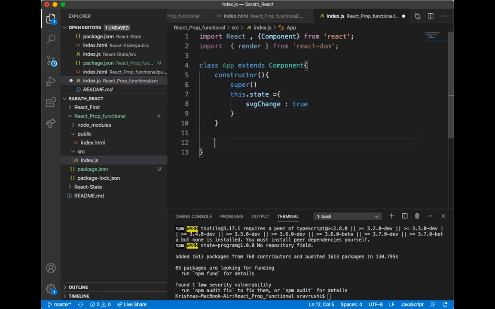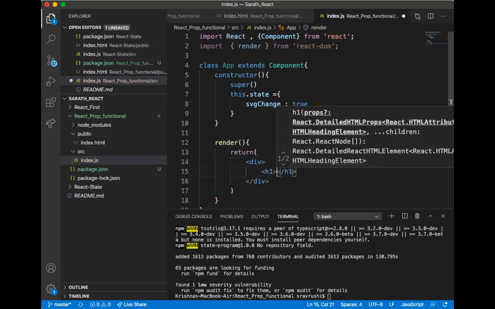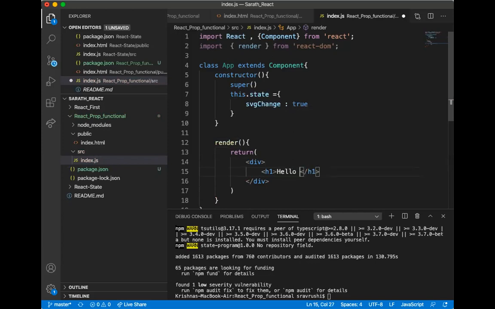In the render, I am going to use return, where I am returning my div elements. Here I am going to mention a div, and an h1 with hello.